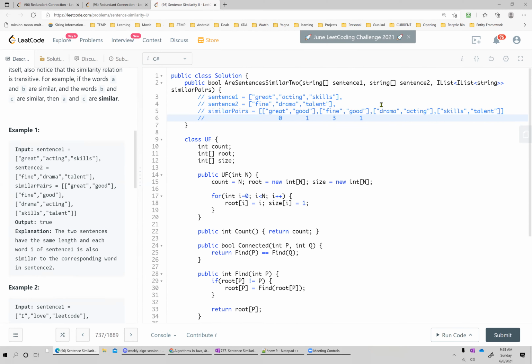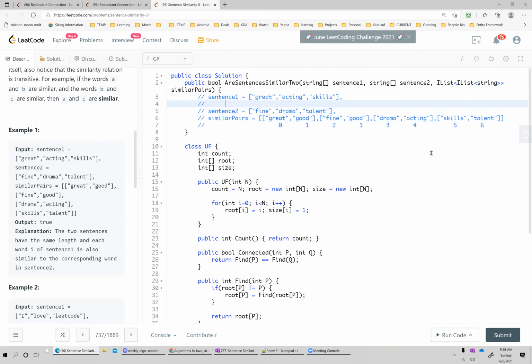Drama is what it should be. I made some mistake. Nobody noticed. 0, 1, 2, right? Drama is 3. Yeah. 3. Acting is 4, 5, and 6, right? If I do this, and if I convert my sentence 1 to this, right? Now this becomes basically great means 0.